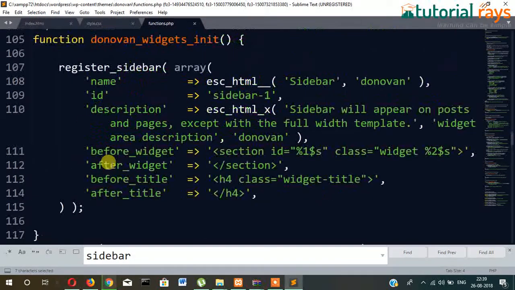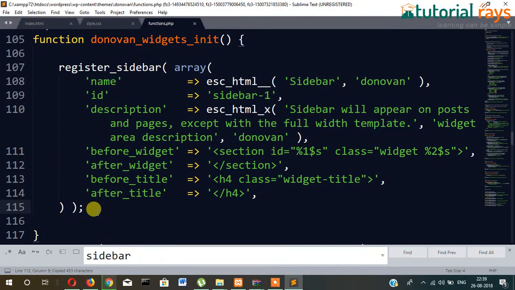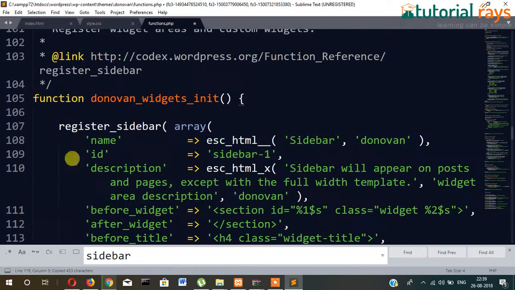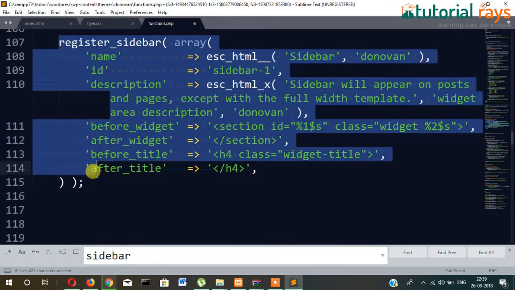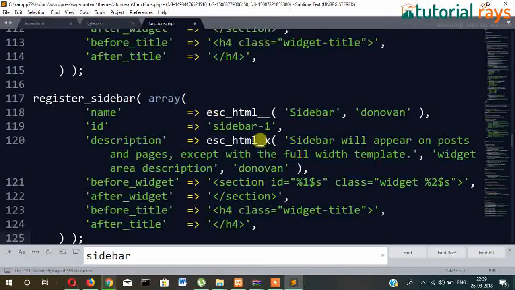If you want to create one more sidebar, then in this case just copy from register_sidebar to the two parentheses and then the semicolon. Just paste below and change the name here, so it will be sidebar and then